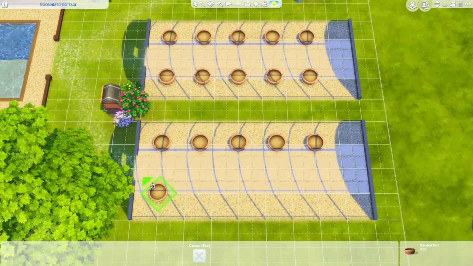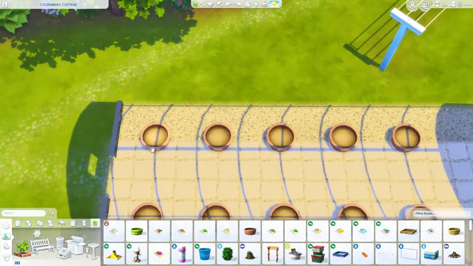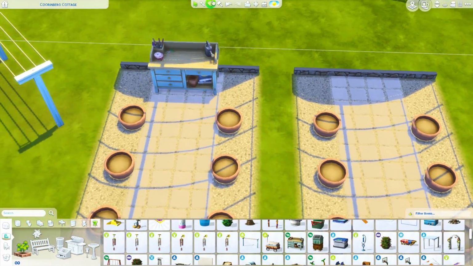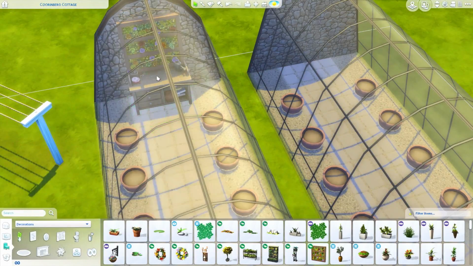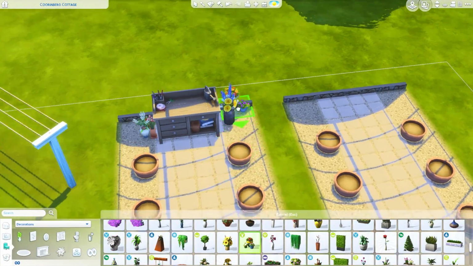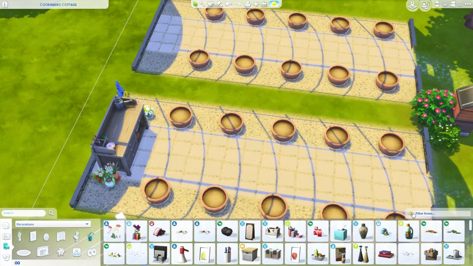And then here we just have a couple of greenhouses. So this is definitely a very outdoors-focused house, or like, you know, a very gardening-focused exterior. So there's plenty of space if you have a sim who loves to garden. We also got a flower arranging station here, and I just did this thing I did in my last build